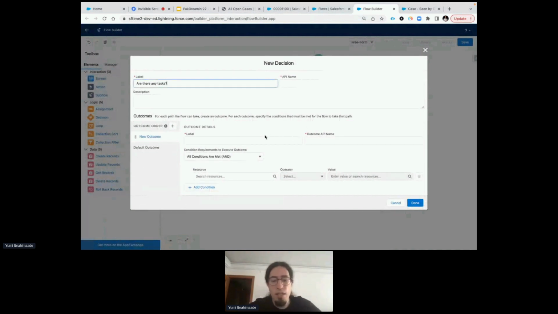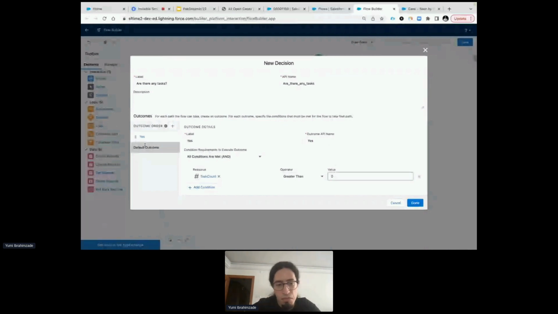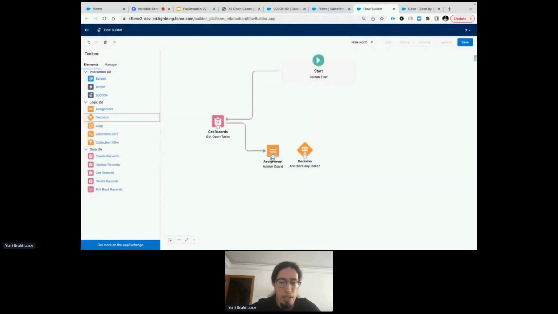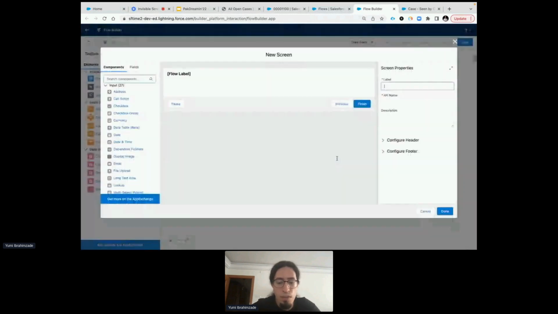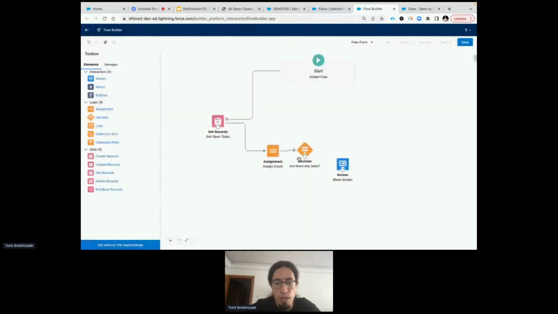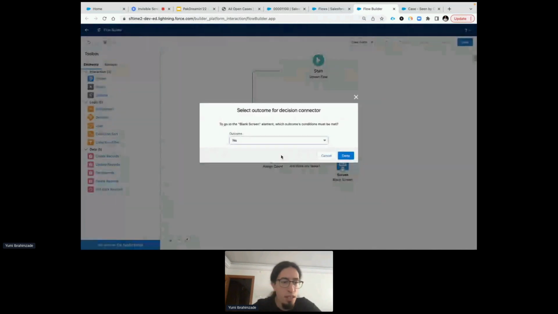Yes means that this task count is greater than 0, and else I will rename this as no. Then let's create the blank screen again. No header, no footer. So if there is no task, there's nothing to do. If there is a task, then I will